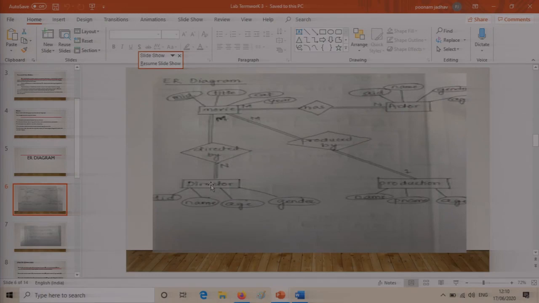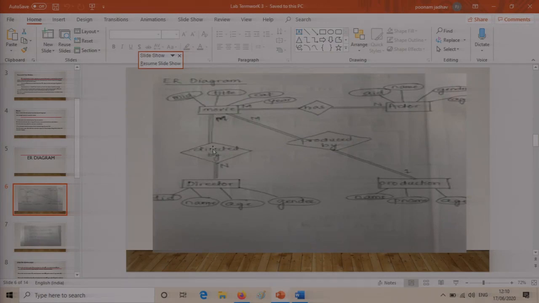So I have to do the counting, so the count aggregate function has to be used, and you have to build the relationship between these two tables.